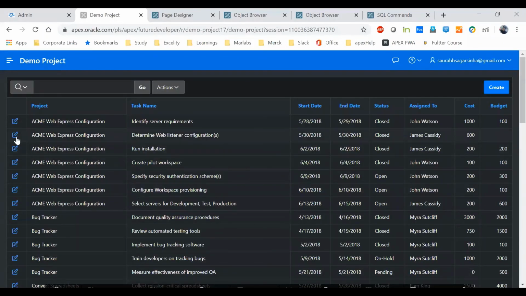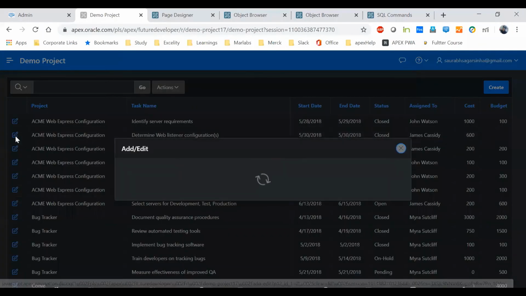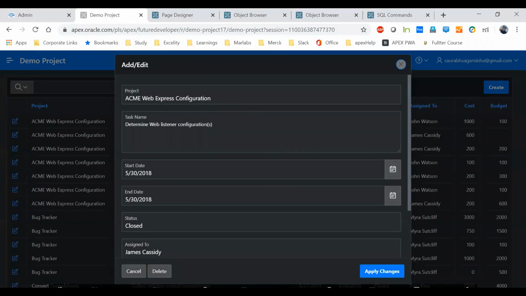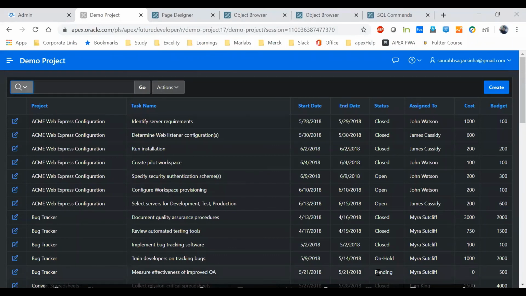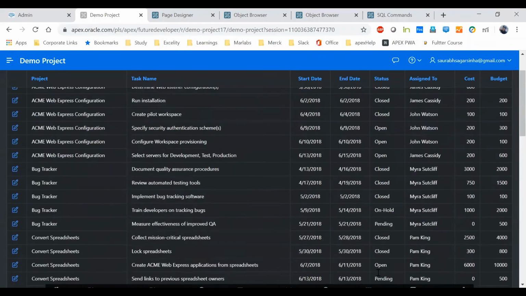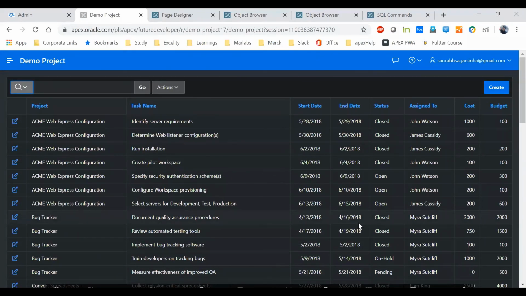When you are creating or editing information and click on apply changes, the changes happen and this page gets closed. So a lot of processes are happening behind the scenes. All these things can be done by you and you can customize them, but there is another feature where you create a report and form together, and all the processes are taken care of by Oracle Apex itself.